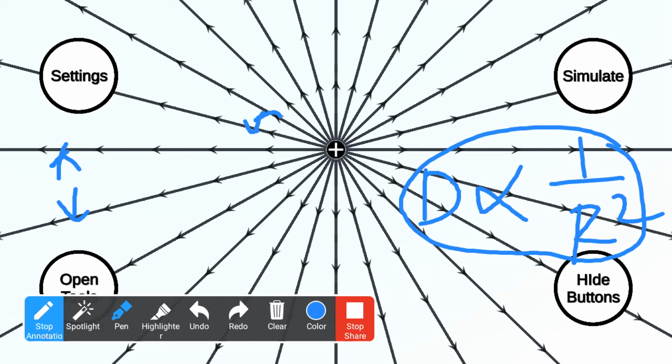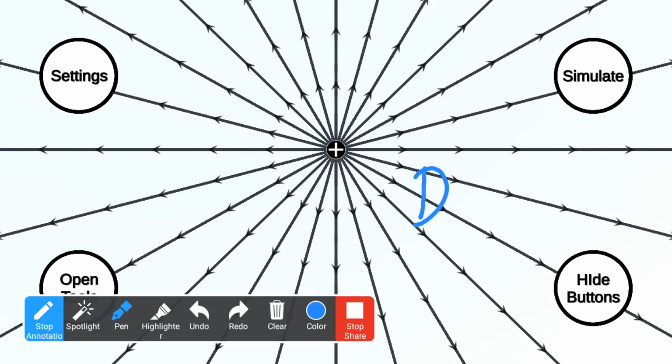Okay. Now, we have to prove one more thing. The flux density in turn depends on the charge available here. I have told you flux density is directly proportional to what, sir? Q. Flux density is directly proportional to Q. So now I will introduce one more charge here, then I will try to measure the flux density. Before that, in this case itself, I am having only one positive charge. Now I will measure what is the flux density.